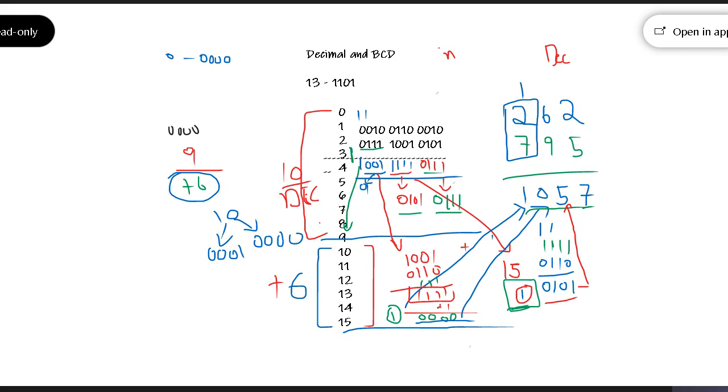I had a doubt. Yeah, tell me. To 1001, that is the value of 9, we add 6. That is 0110, and the resultant answer is 1111, that is 15. After that, what's the next step? Here you added the carry 1. That 1 carry will be there, right? You'll add that 1 to it. See, it's there in the slide also. You can just refer to the slide. You'll understand. One second.